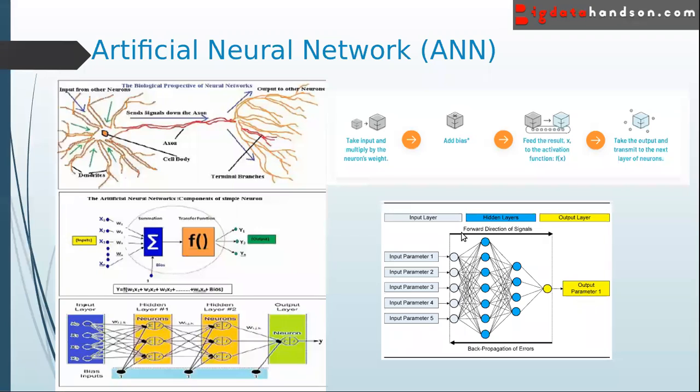So in a single layer we can have a single neuron, or you can have multiple neurons, or in a neural network you may have multiple layers of neurons. You can see we have an input layer, hidden layers, and an output layer. In the input layer, the number of neurons we have equals the number of input features. If you have 12 features in your data, we'll have 12 neurons in the input layer. Okay, and then we have a hidden layer.